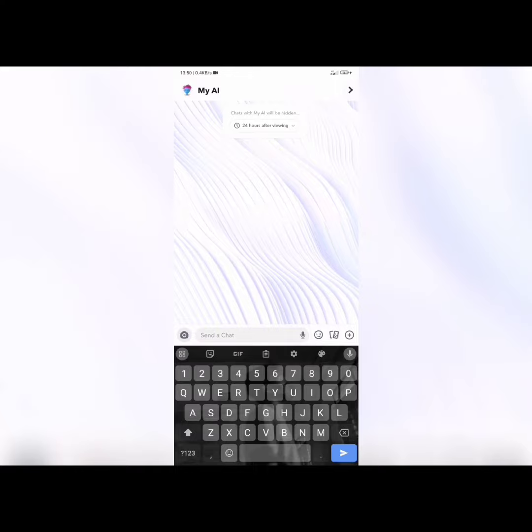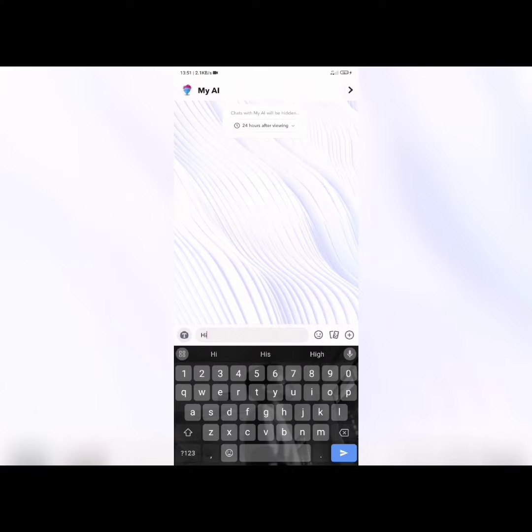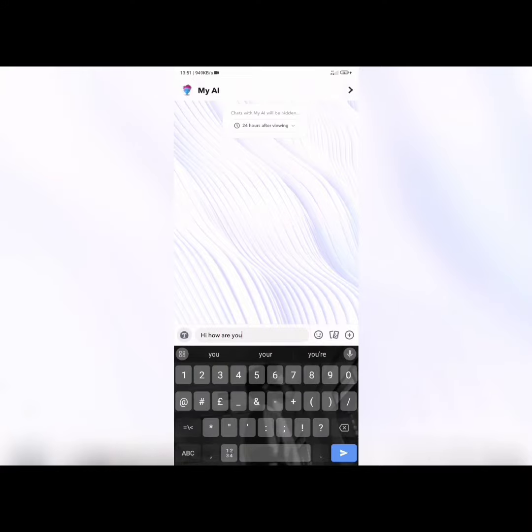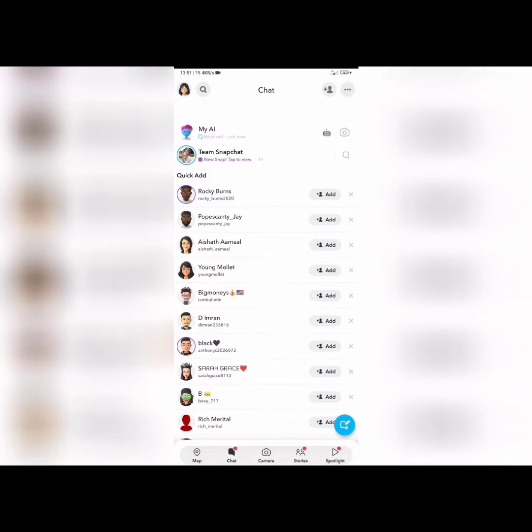basically good to go. You can from here have fun with My AI from Snapchat, ask it questions, request jokes, everything like that. I'm gonna go ahead and ask it a question right here, as you can see in the screen in front of you. Just like that. Now if you don't have My AI and you cannot find it even after updating your app,